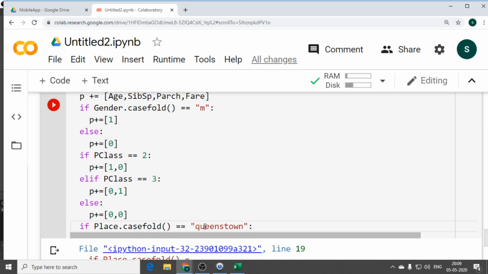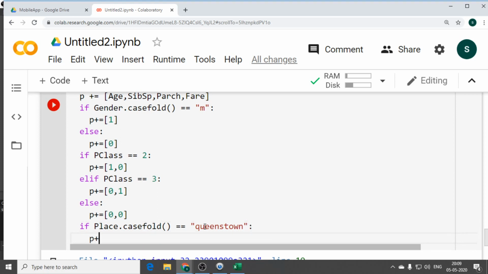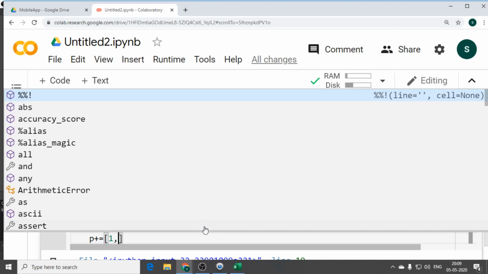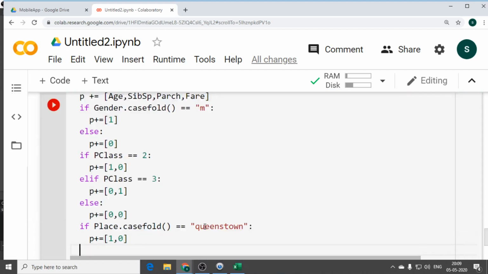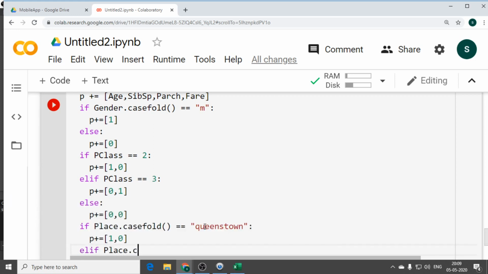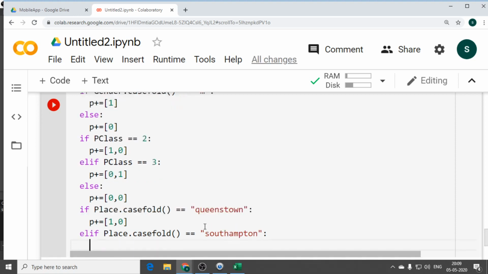For Queenstown, you make the condition, that should increment, P plus is equal to 1, 0, and you write elif condition, elif place dot case fold, because case fold is for type conversion, whether you write capital letter or small letter in the output, no worries, that is the reason I am giving case fold.